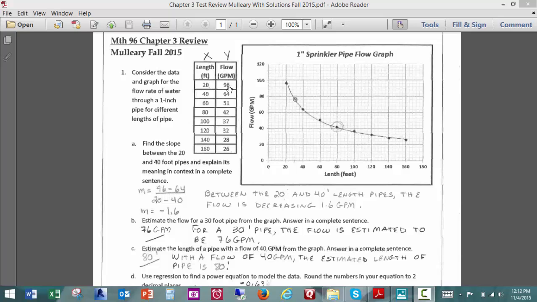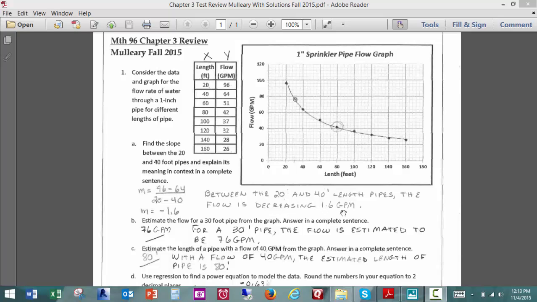So I have 96 minus 64, which is on the top, and 20 minus 40, which is on the bottom. The thing that you have to be careful of is that the 20 and the 96 go together, and the 40 and the 64 go together. And I get an answer of negative 1.6, and I believe it stops right there. So my answer in a complete sentence is, between the 20-foot and 40-foot length pipes, the flow is decreasing 1.6